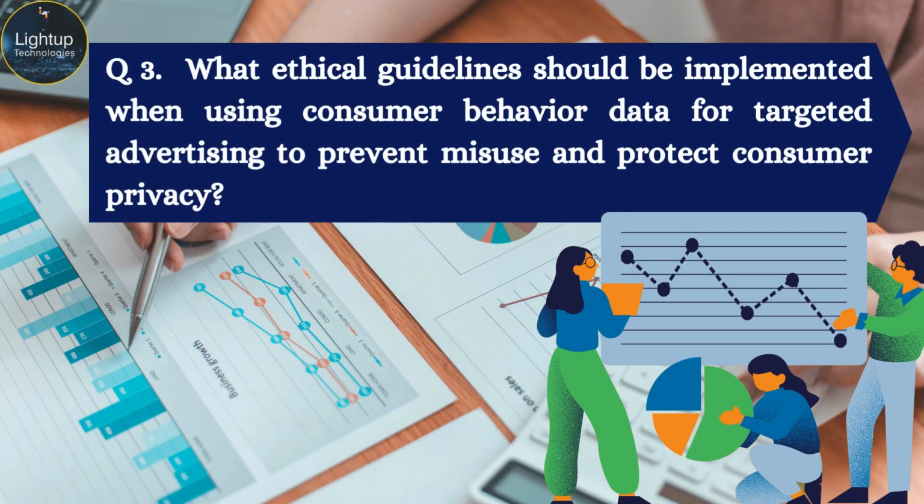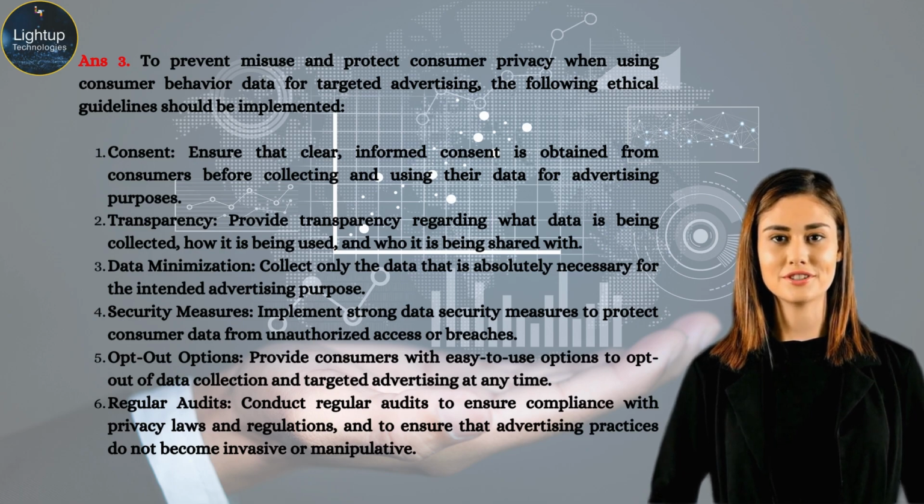What ethical guidelines should be implemented when using consumer behavior data for targeted advertising to prevent misuse and protect consumer privacy? To prevent misuse and protect consumer privacy when using consumer behavior data for targeted advertising, the following ethical guidelines should be implemented. Consent. Ensure that clear, informed consent is obtained from consumers before collecting and using their data for advertising purposes. Transparency. Provide transparency regarding what data is being collected, how it is being used, and who it is